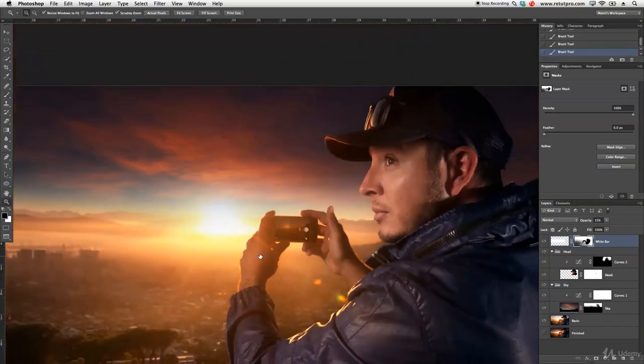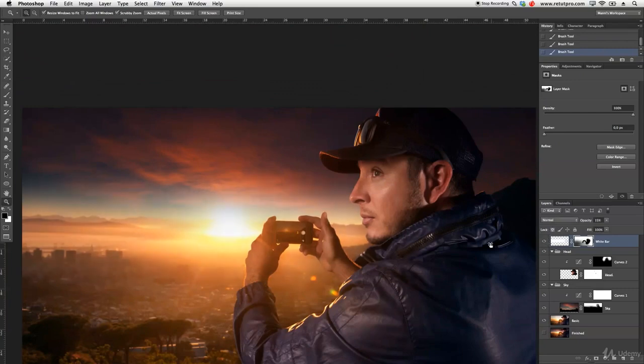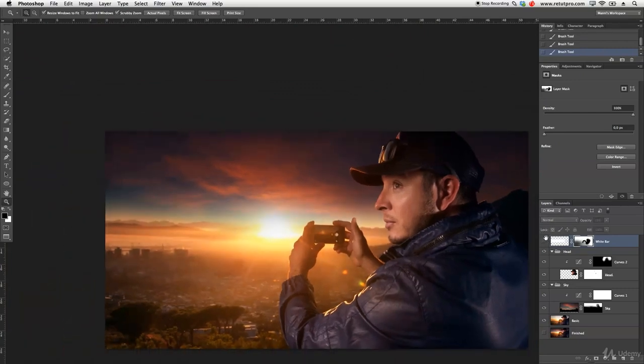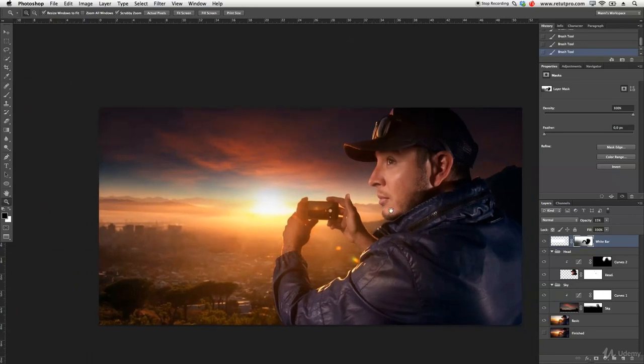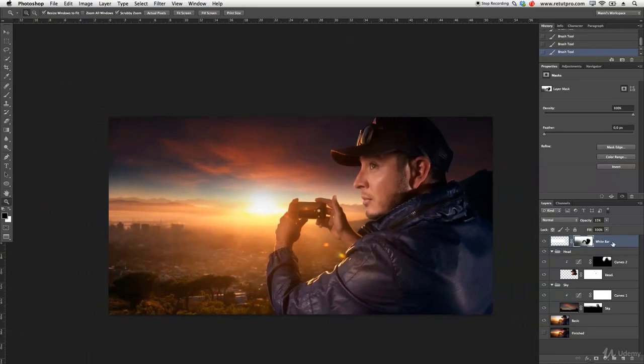Okay, zooming out again, our before and after, so that just brightened it up a little bit more. Before and after. Again, spend a bit more time when you do this. Alright, so that's also our white bar. So for the next step, literally the last steps, what I want to do now is just add the last pop